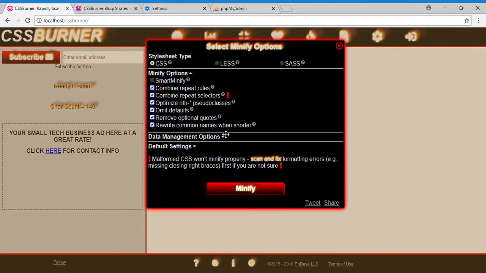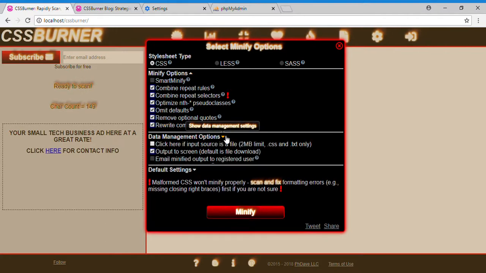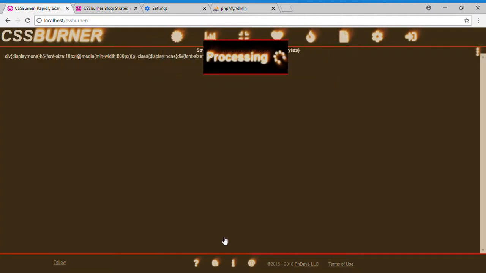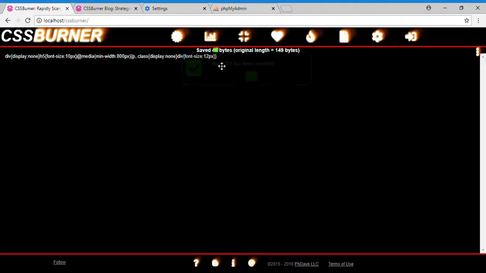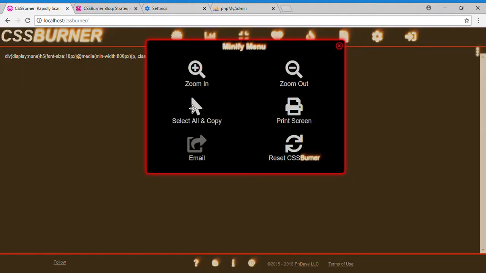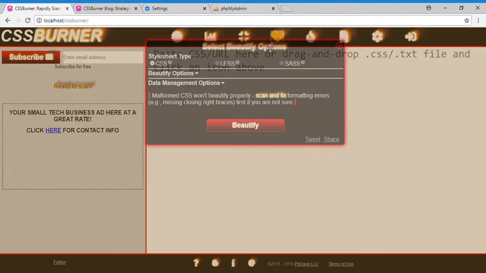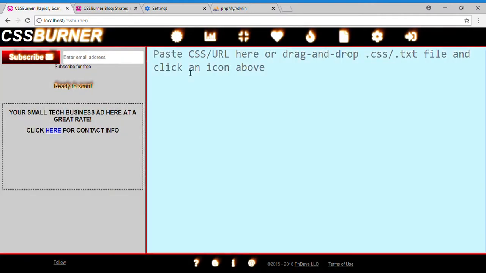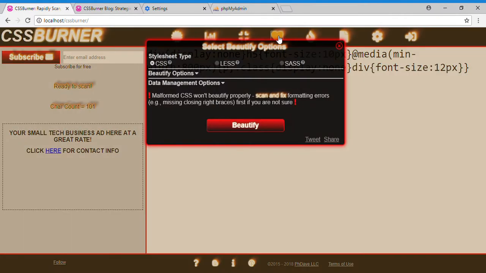Just to demonstrate this, we'll just select every option, and we want to output to the screen. Okay. And so now, just looking here, you see that in fact P and dot class have been grouped. And so just to make it even more obvious, let's go ahead, select all, and copy it. Now let's reset. Sorry, let's first copy. Now let's beautify this